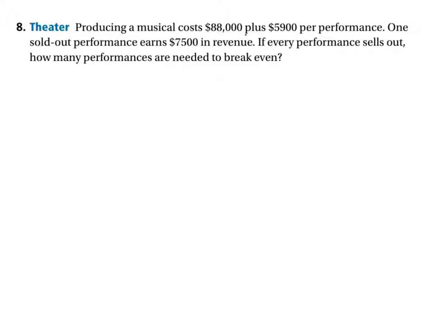And this is one cost. That is apparently a one-time thing plus a per performance amount. Okay? And one sold out performance earns $7,500 in revenue. Revenue is brought in. Okay, so that's going to be a per performance situation. So if every performance sells out, meaning every performance earns you $7,500, how many performances are needed to